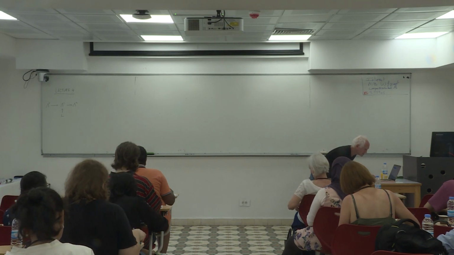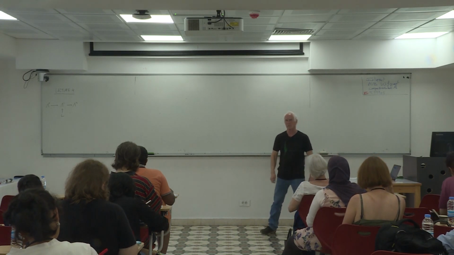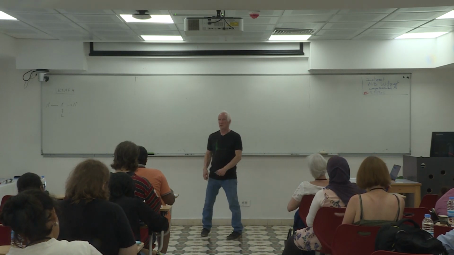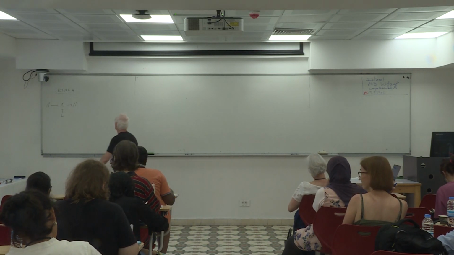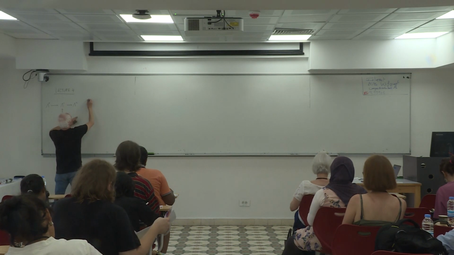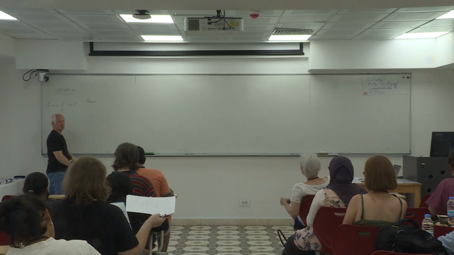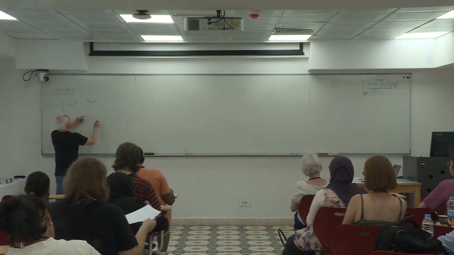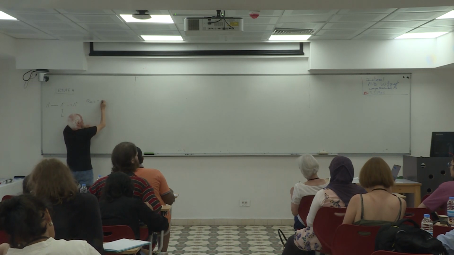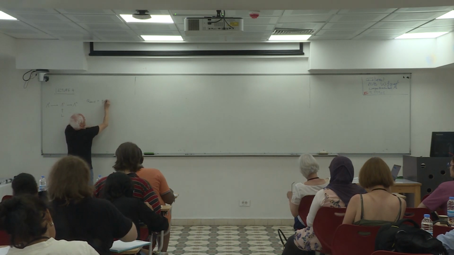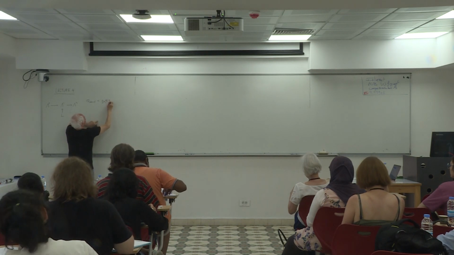The second exercise sheet has only 2 questions. One of them is to compute the curvature of the round metric on the sphere, whatever that means. So at this point you have to look at some literature or some books on differential geometry, especially Riemannian differential geometry, and you will find that the formula for the round metric on the sphere,